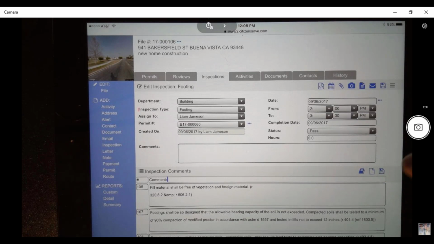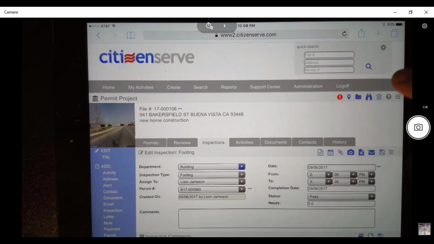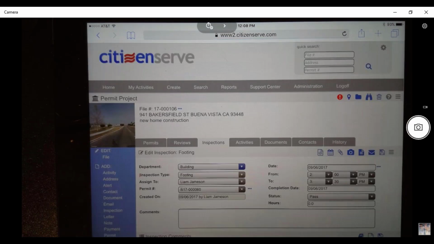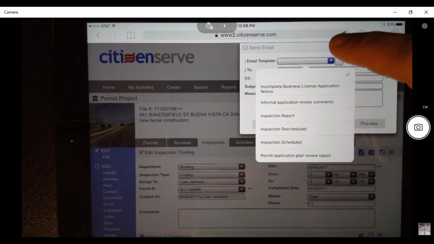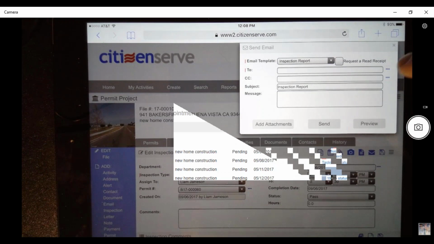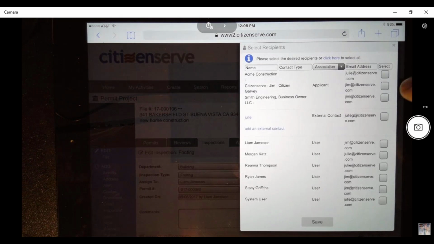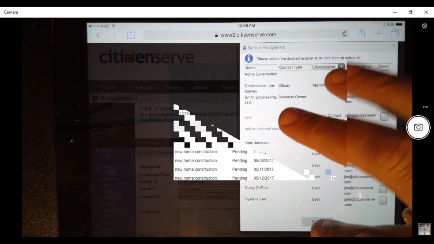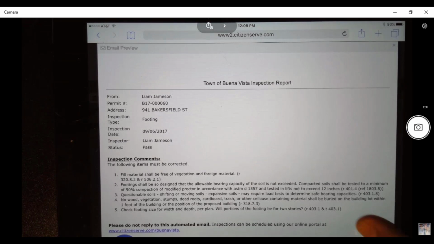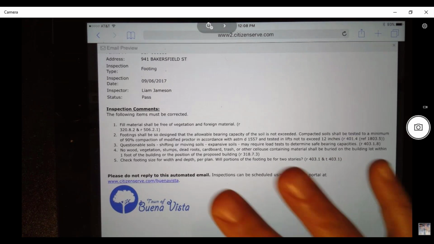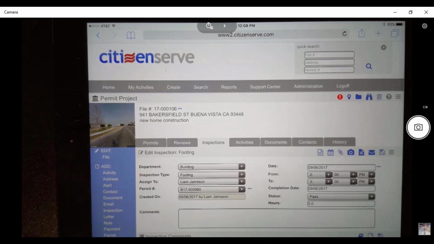And then we can send out an email, if we want to send out an email to our contractor who's standing right there. It's very similar to what we've been looking at. There's an inspection report in here, and we'll click on inspection report, and we'll send it out to our applicant. So it's same as what we were looking at before. I can preview it. I can edit it here on the iPad if I want to do that, and I'll just go ahead and send this out. So that's doing an inspection, and